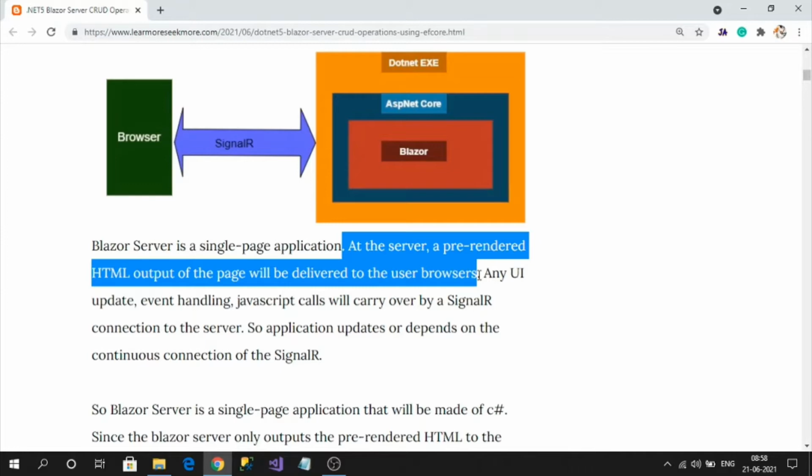So here you can understand one thing. There is no download or loading of C# .NET Core into our user's browser. Generally, in single page applications, what happens? All JS files will be downloaded into the browser and the application will run.